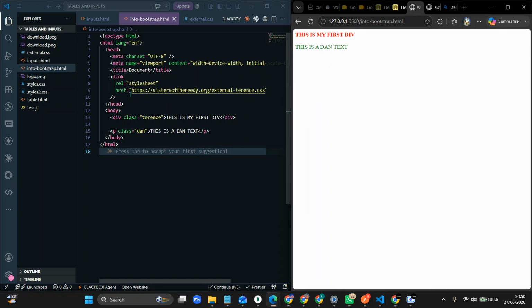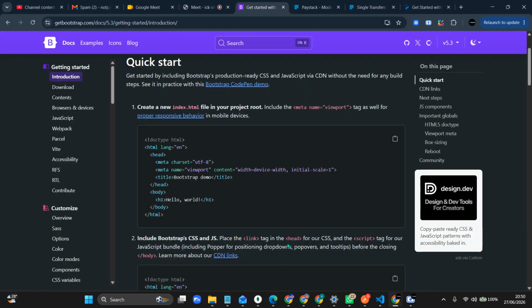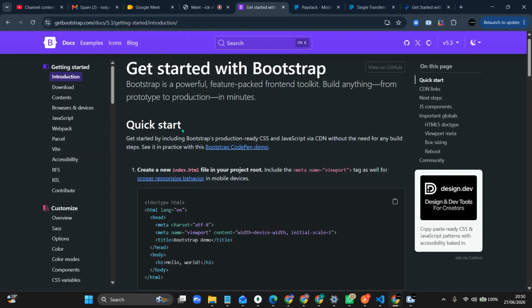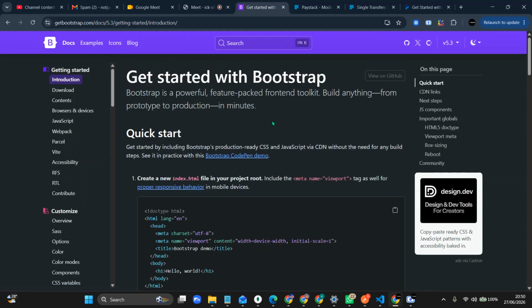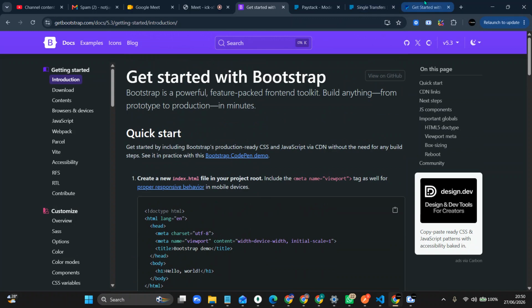So what we're going to do now is use Bootstrap properly. Let me come to Bootstrap. So this is Bootstrap. The first thing we need to do is copy Bootstrap's own link. This link we are using here